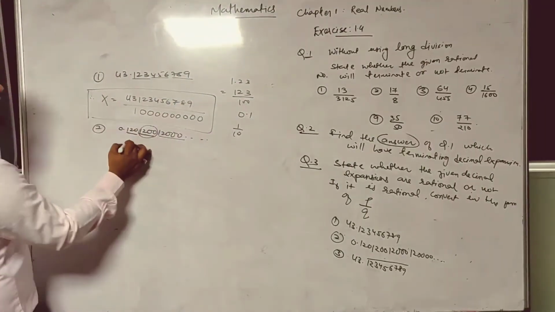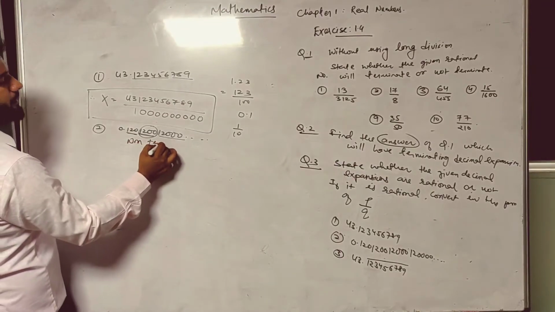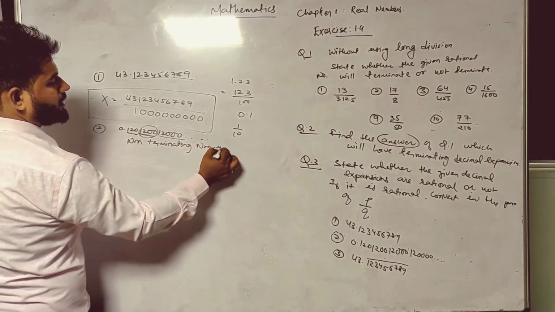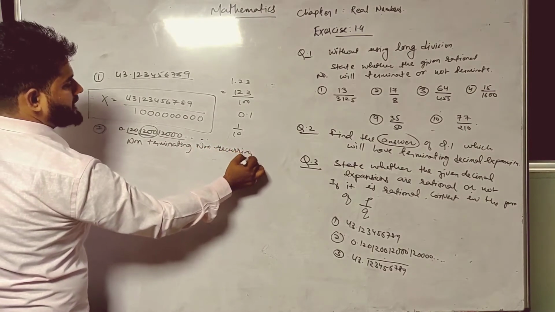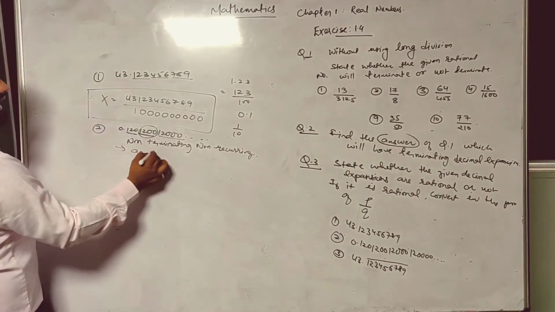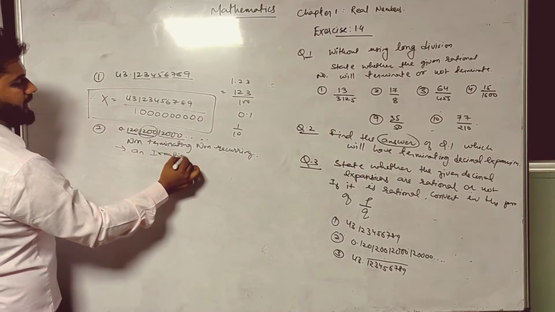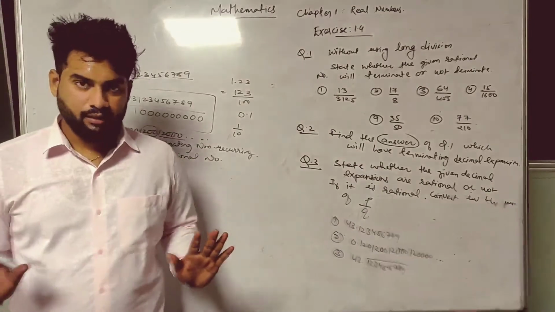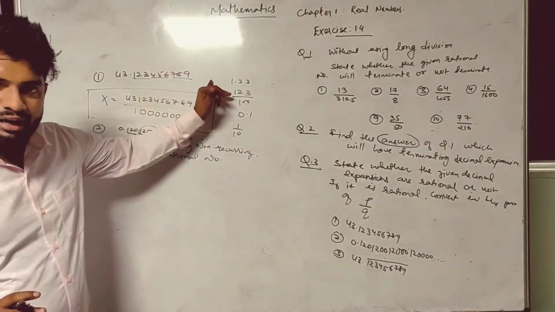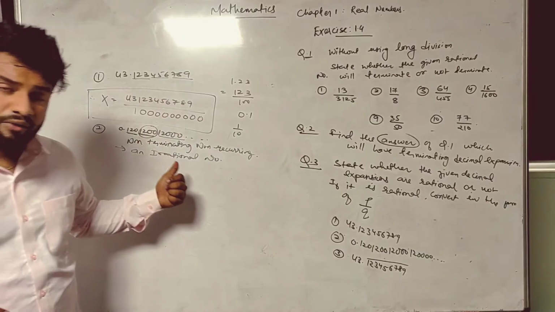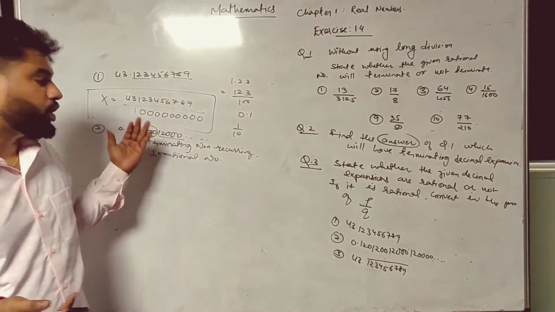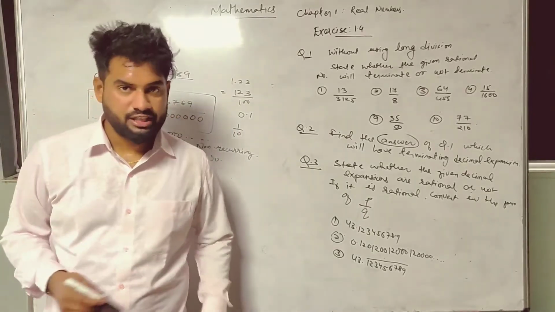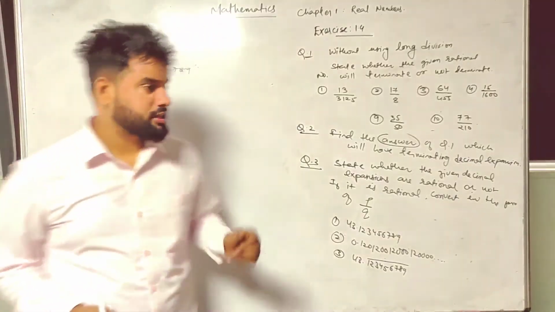So it is a non-terminating, non-recurring decimal. So what is that? This is an irrational number. Irrational number. Right? I hope it is clear. This one is rational because it is terminating. This one is irrational because it is non-terminating and non-recurring. So let us move toward the last question of this chapter. Okay students, so the last question is